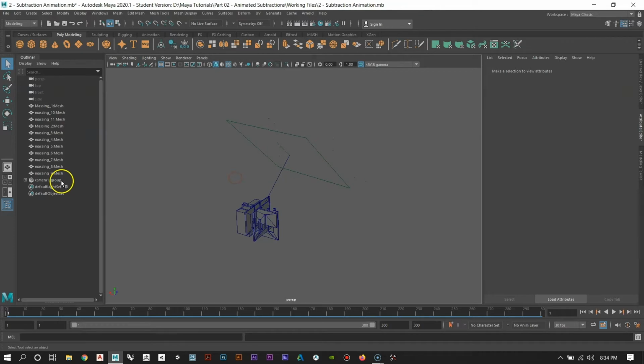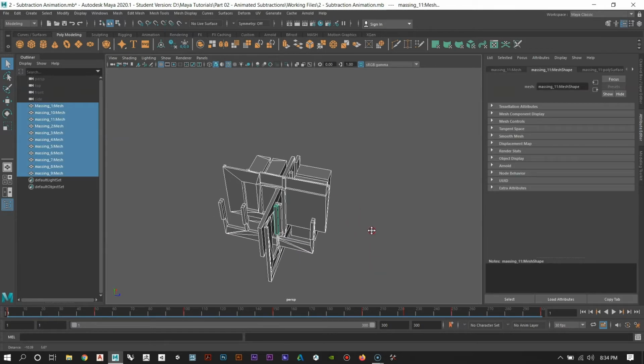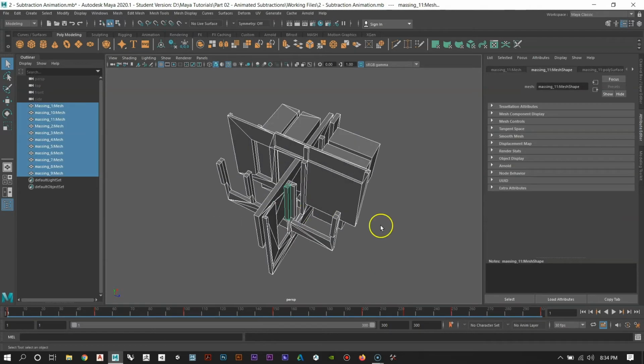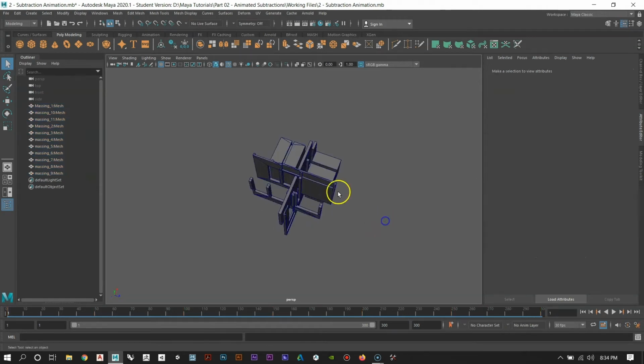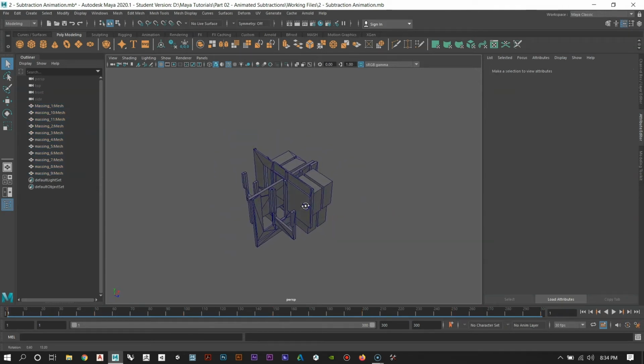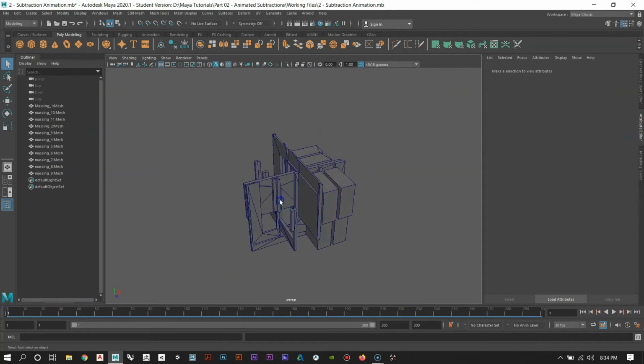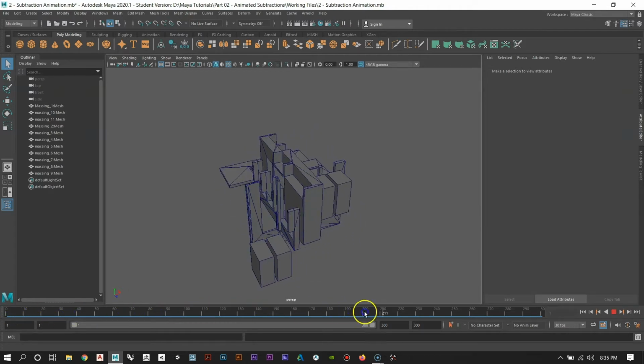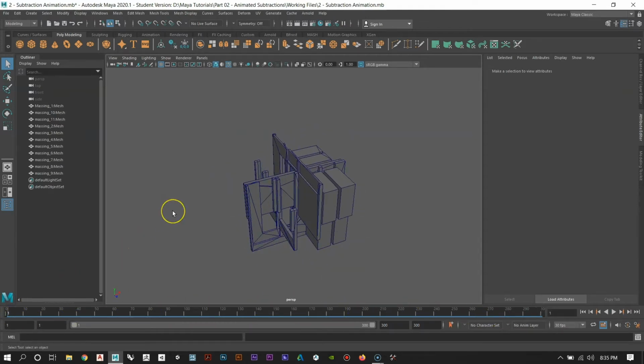Then the next thing I'm going to do is just delete that camera, because I don't necessarily want that same camera for this animation. I might end up wanting something different depending on what this animation ends up looking like. And then I'm going to get rid of all of the keyframes of this animation, because I don't want any of these objects moving when I do this. You kind of want to sequence it so you have one animation that is just moving objects, and then you'll set yourself up with a new animation for the subtraction